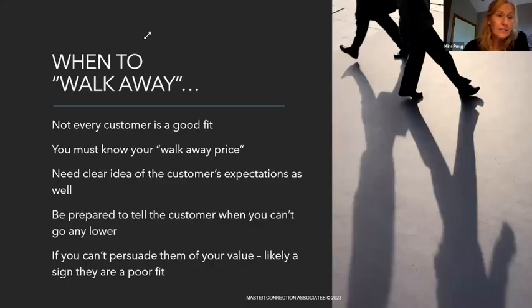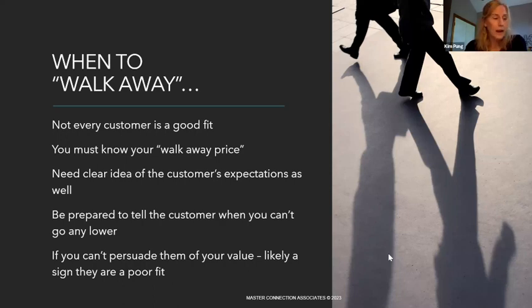And then finally, we just have to know when to walk away. Not all customers are our customers. And as Mary Lee said earlier, sometimes their requirements are demanding and outrageous. You have to know not only your walkaway price, but any non-negotiables. That's a conversation you want to have with your leader pretty regularly to know your negotiating power, what autonomy you have to go higher or lower, when it's going to be too low. And then what else might be of value to us in that relationship?